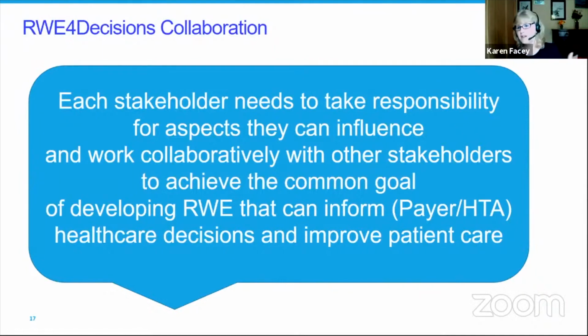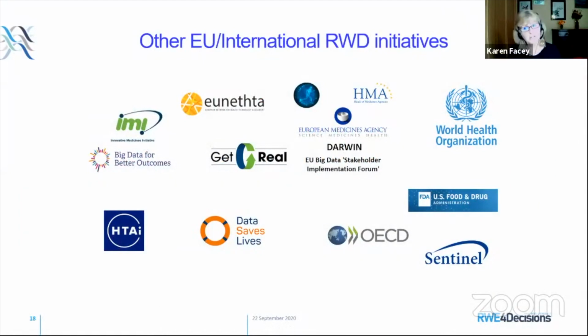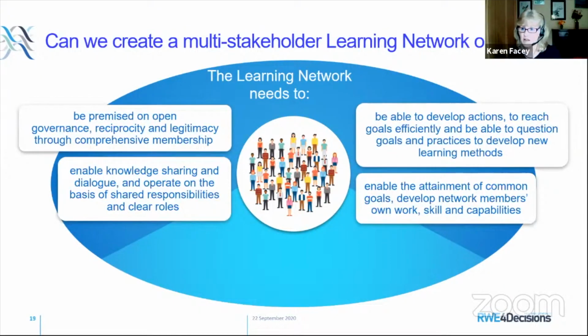And of course, the final element we put in the paper about collaboration was that we each need to take our own responsibility and not just say it's the patient's responsibility or it's the ERN's responsibility. We need to find some way of bringing this all together. And we know only too well that there are many other initiatives, many of which we've already talked about and we've heard from already, and more which we'll see. But we really want to think about this learning network, because these are questions I hope we're going to discuss in the next hour or so.